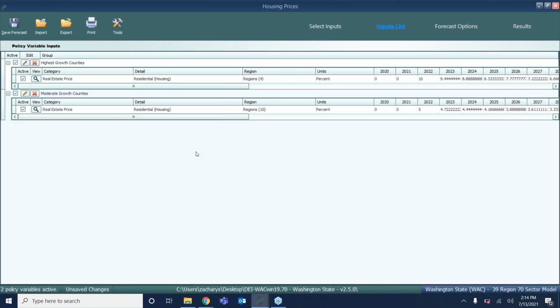So it looks like we have, great, so we've got these two categories, as I mentioned. We've got highest growth counties and moderately growing counties. You can see that I've manipulated the real estate price in those 4 regions. So you have the counties that are being impacted there. And then in this moderate growth, we have those regions, those counties that are considered that moderate growth in the state. And you can see that I've increased these high growth counties by 10%, moderate growth counties by 5%, and